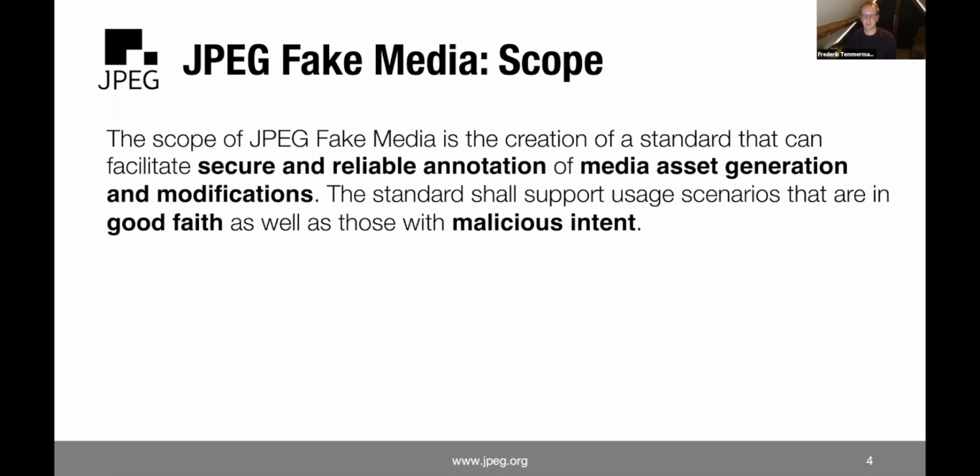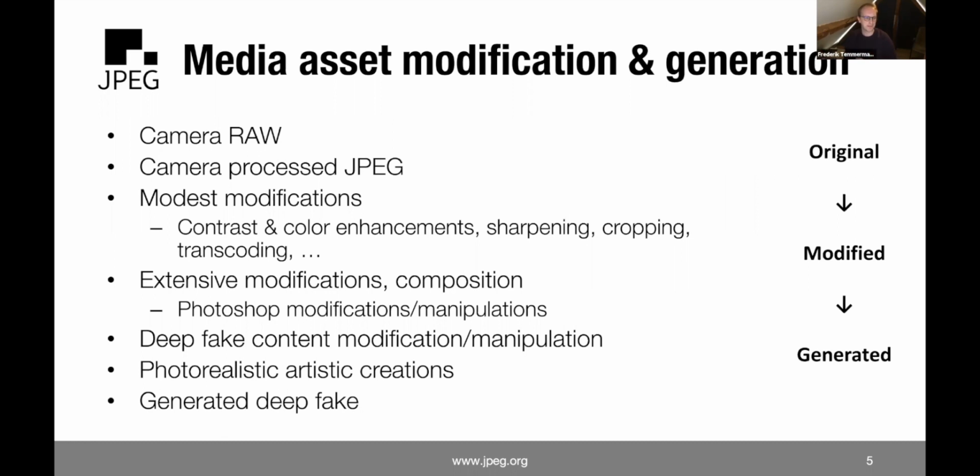First of all, I made an overview of all the types of images that circulate, going from the raw output of a camera sensor, the camera raw, which is typically only used for processing and for archiving. What we typically share on social media, for example, will be a processed version of that raw image, typically in JPEG, where some noise reduction and some basic processing have been applied, typically in camera. But on top of that, what we often do when we share images is improve them a little bit. We might enhance the contrast or the colors, apply some sharpening, maybe crop or straighten them, maybe transcode them from one file format to another. And if these are not lossless, then there's also some